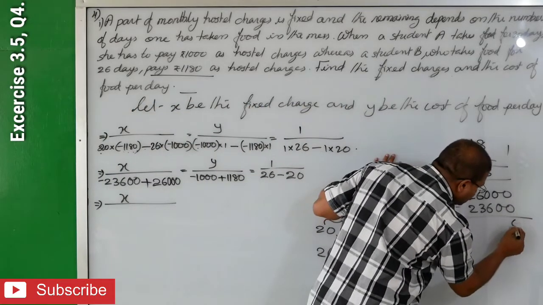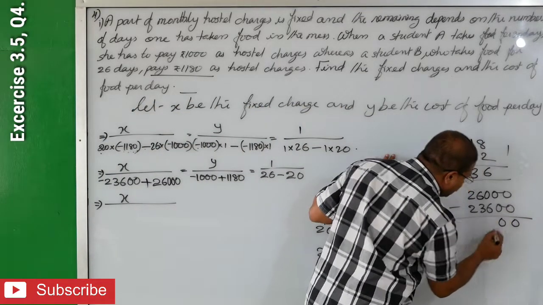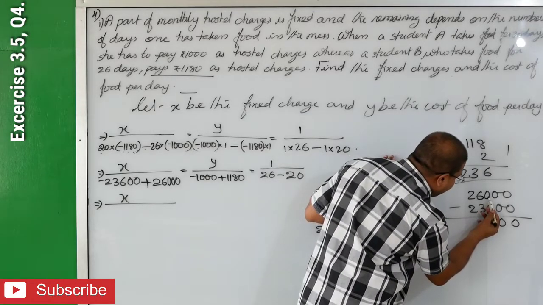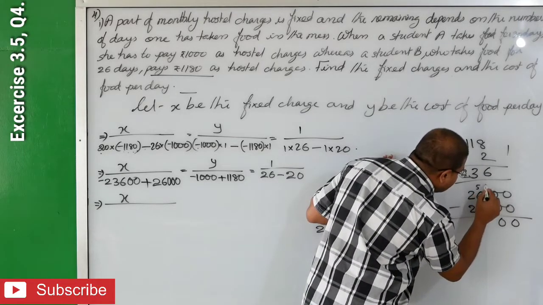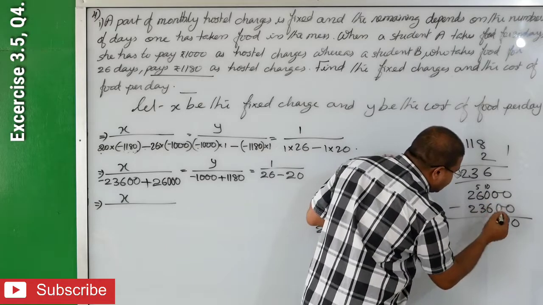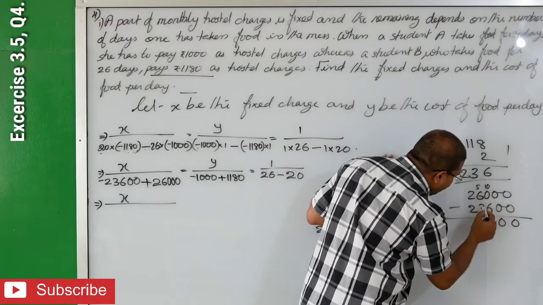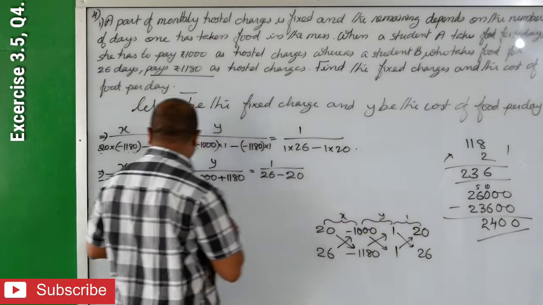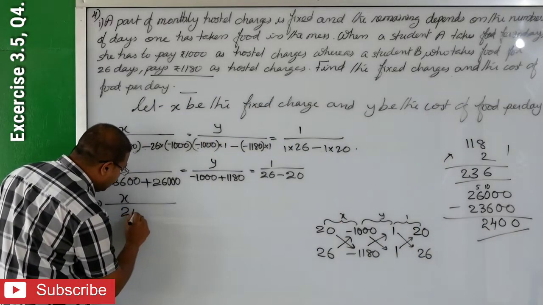0 minus 0, 0. 0 minus 0, 0. Here 0 minus 6, so what will you do? From 6 will carry 1. That means here will be 5. This will be 10. So 10 minus 6, 4. Now 5 minus 3, 2. Ready? So we got 2400